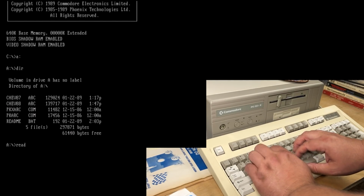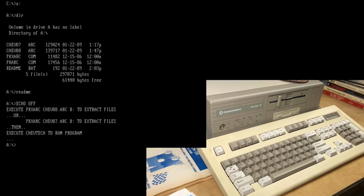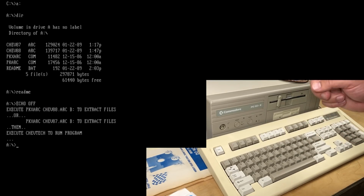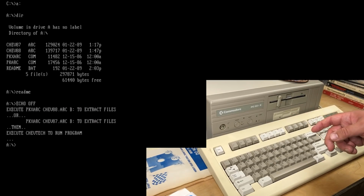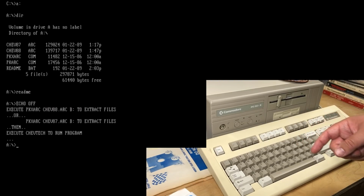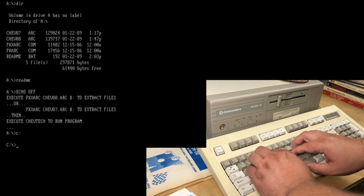Okay, let's try readme.bat. Okay, execute pkxarc, Chev 88, or Chev 87. So it looks like there's actually two versions on here. I think the 87 version is what LGR had, so 88 is new. That's funny, that pkxarc, I think I used to use that on the Amiga way back when. Okay, so they're saying to extract a B, but